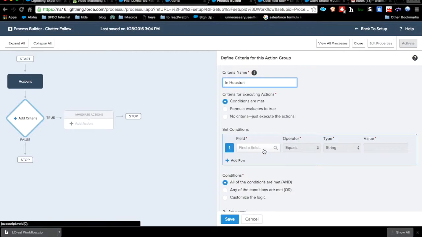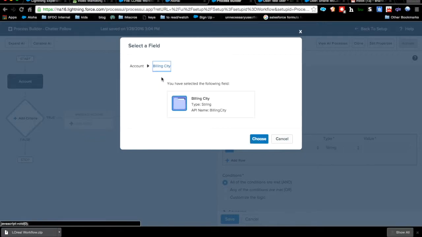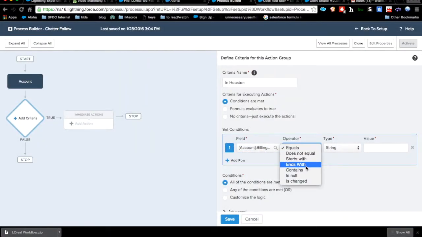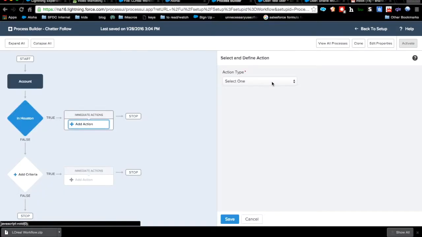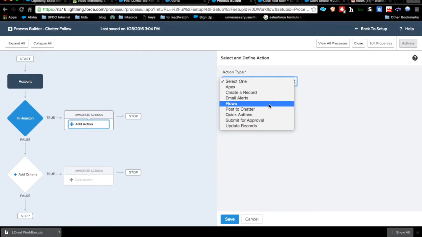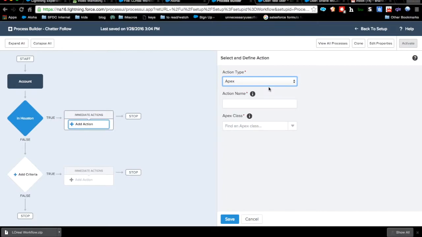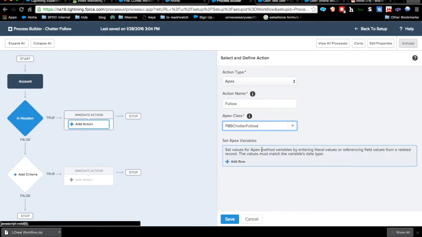And my hypothetical example here is that we want the account in Houston. And then we want to have 3 people start following this record. So pretend this is like the people responsible for Houston territory or something. All right, so we're going to say Apex, and I've got a Process Builder block here for Chatter Follow, and